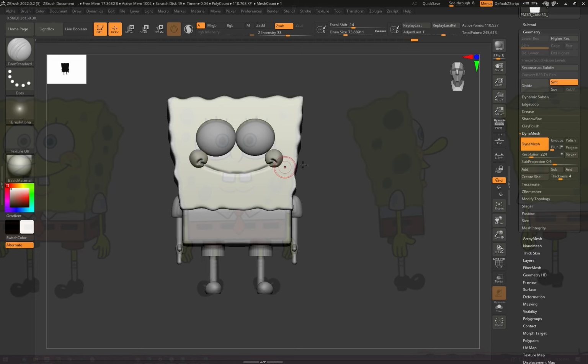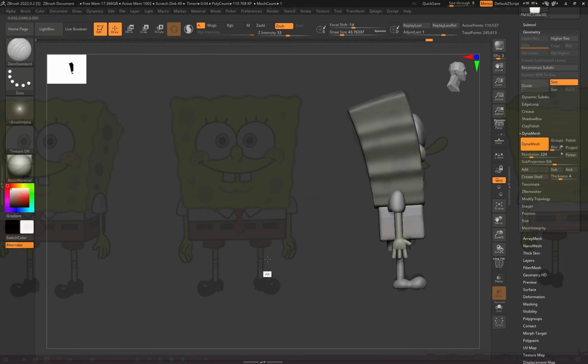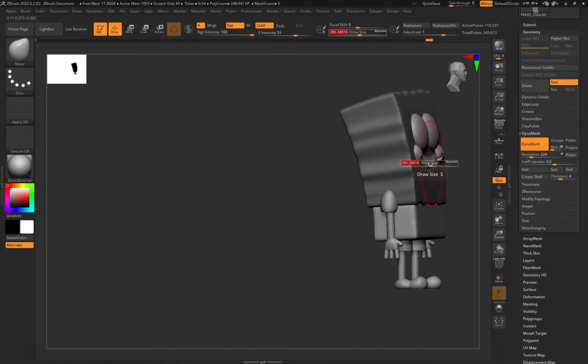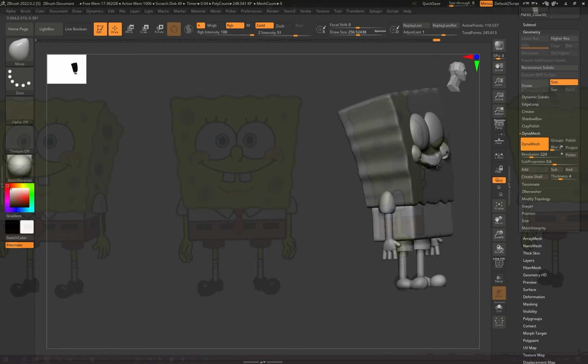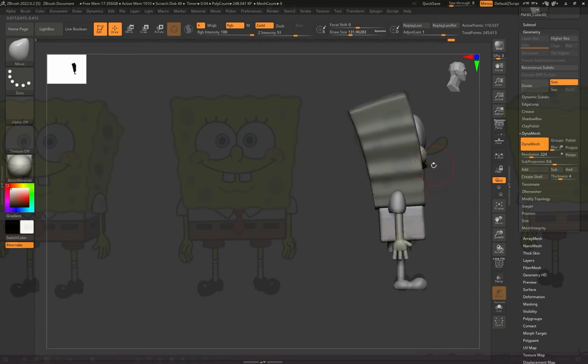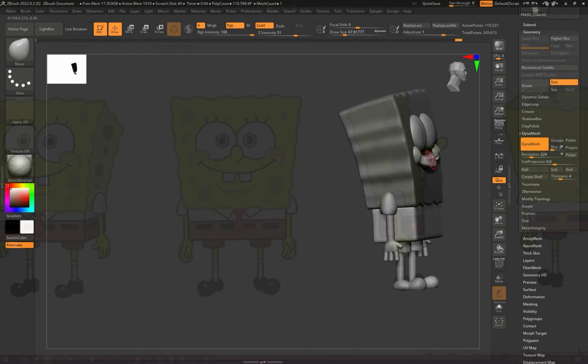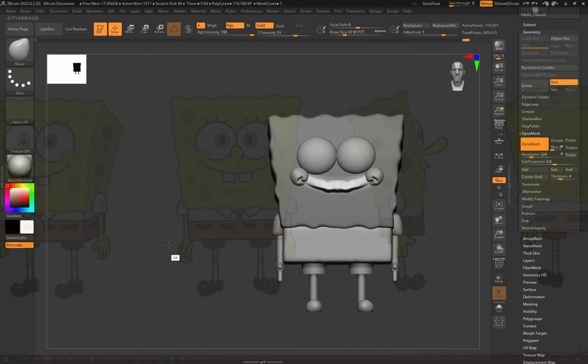Okay, once we have the line for the smile, we can take the mask brush and mask the region above the smile. So we're going to set it to the side view and use the move brush, with inverse, to take that little part and move it in front, because he has his upper mouth a bit extruded